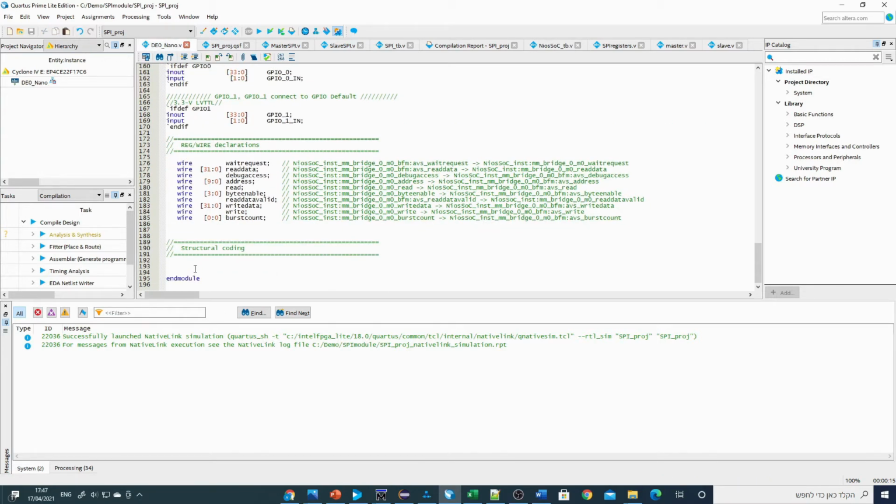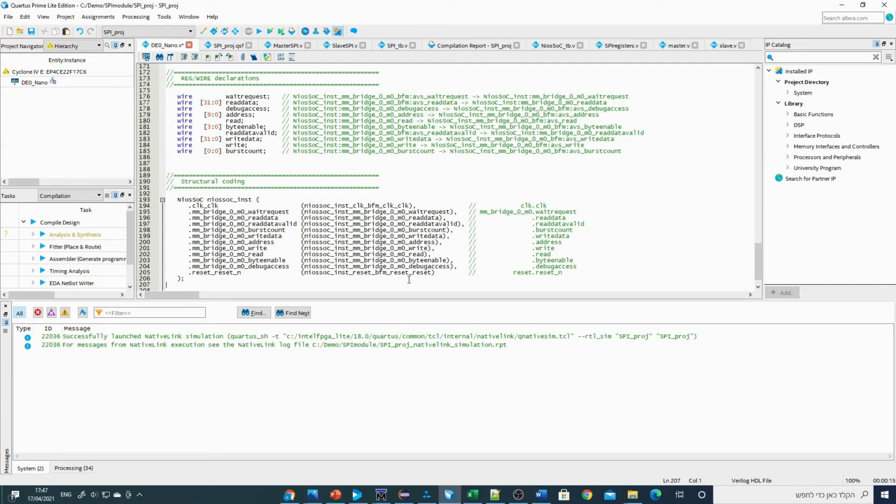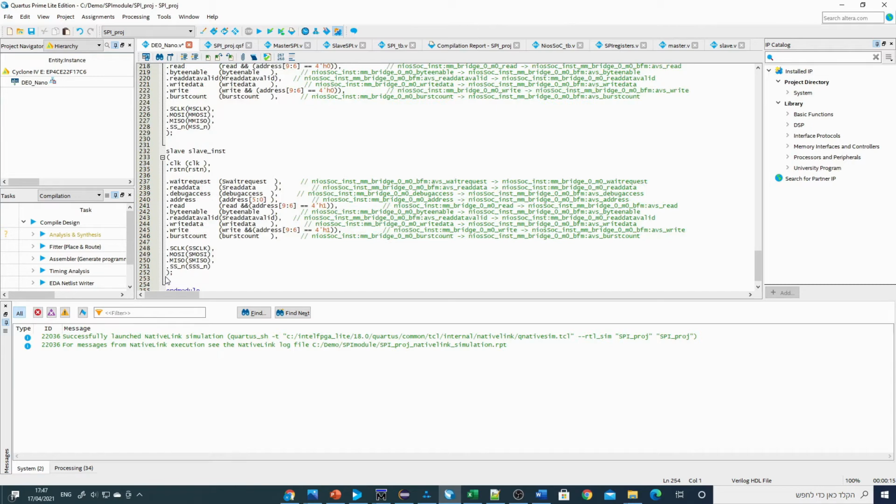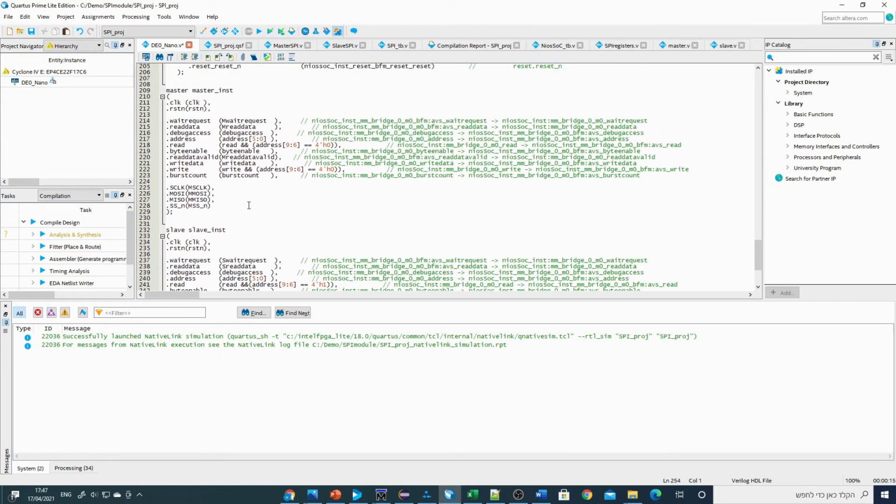We'll put this in the structure coding. We need to instantiate the 2 SPI modules, the slave and the master,